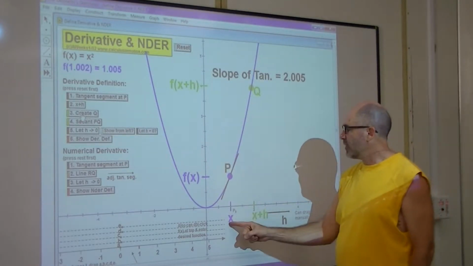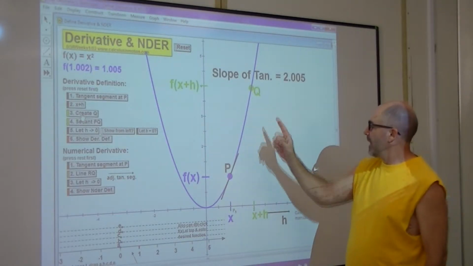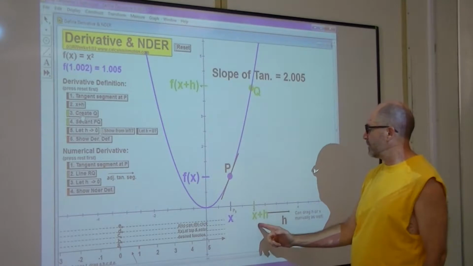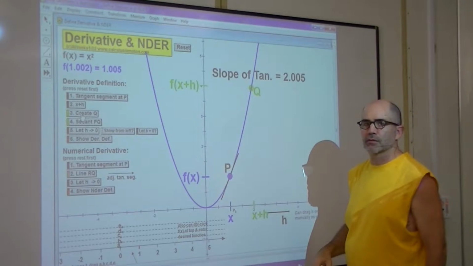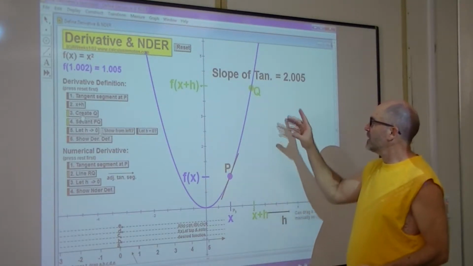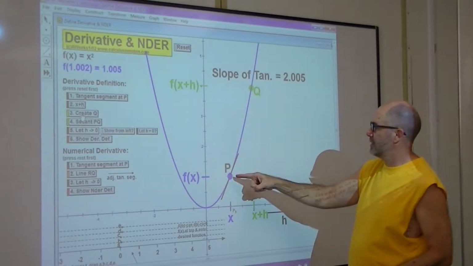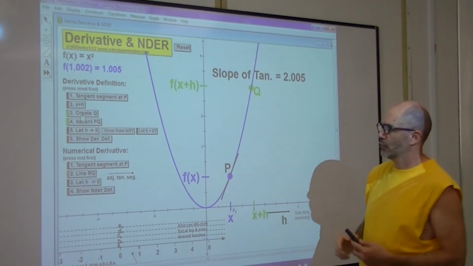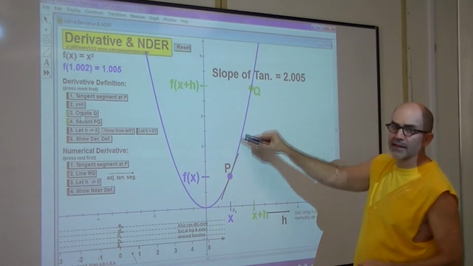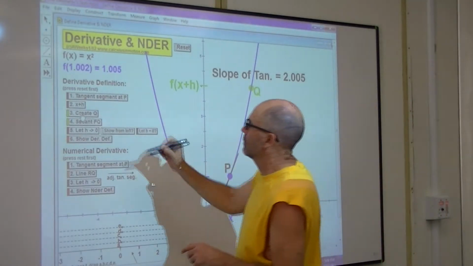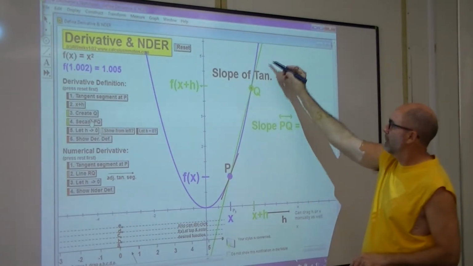So we've got the x value and the y value for P, and now we've got the x value for Q, which is x plus h, and the y value for Q, which is f of x plus h. All right, now, what's my slope of the secant? Now, what's a secant? It's a straight line that goes between 2 points on a curve. So my secant, PQ,